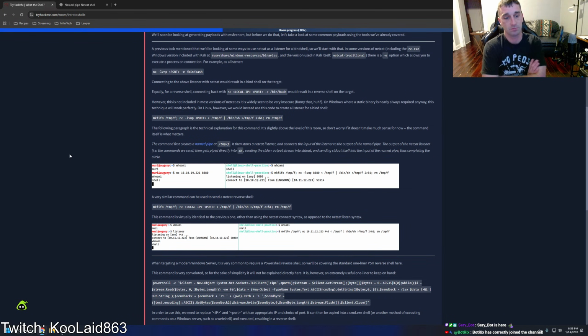The following paragraph is the technical explanation for this command. It's slightly above the level of this room, so don't worry if it doesn't make much sense for now. The command itself is what matters. The command first creates a named pipe